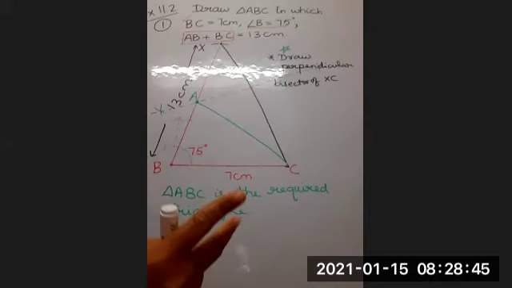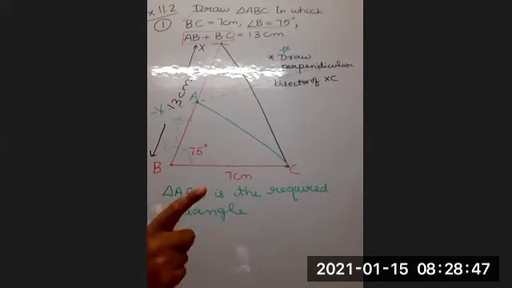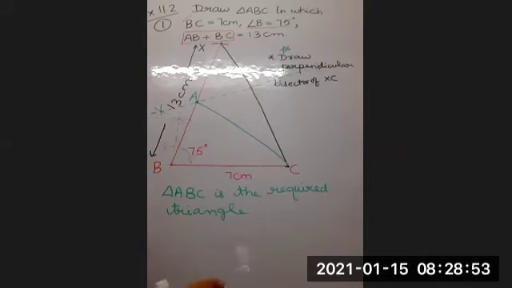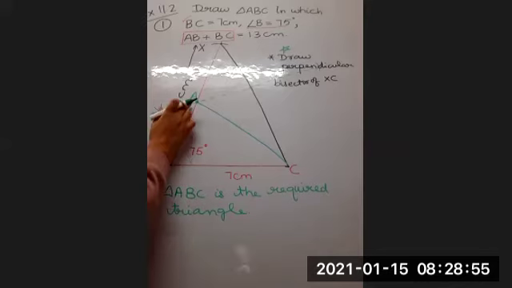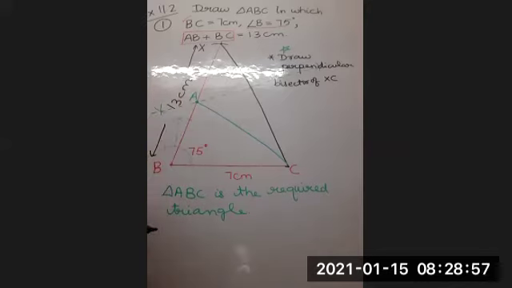We don't have to write any steps of construction. Just two things we have to be careful. One thing, the figure has to be well labeled. Second thing, the final statement is there, otherwise half mark is cut. Now let me tell you why we are taking this point as A. बहुत simple सा इसका explanation है बच्चे. If you see, it's a very simple thing.